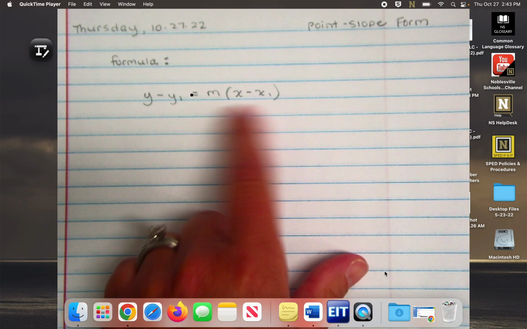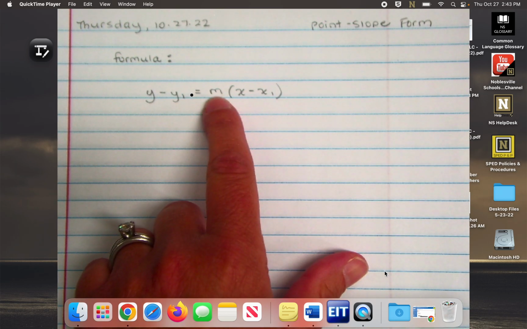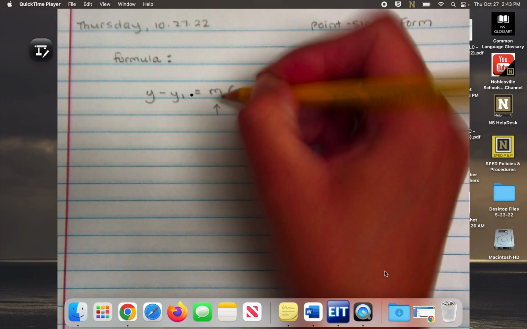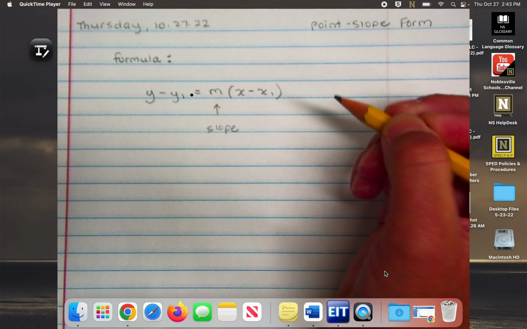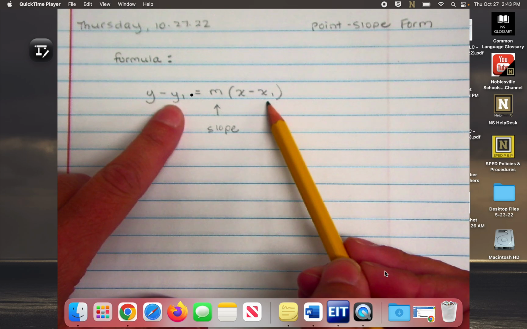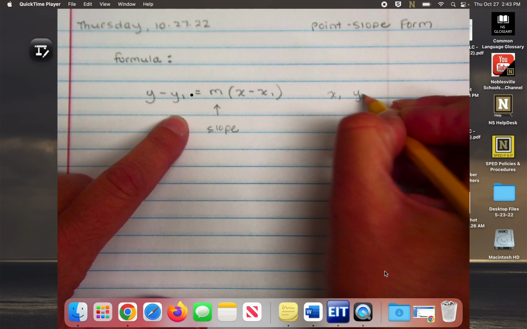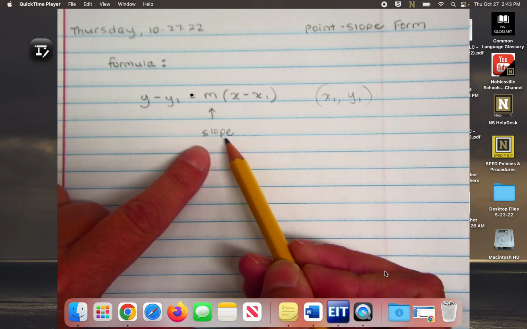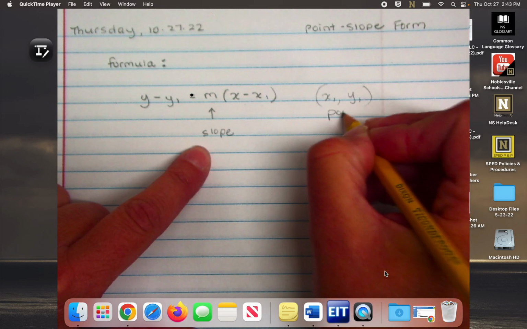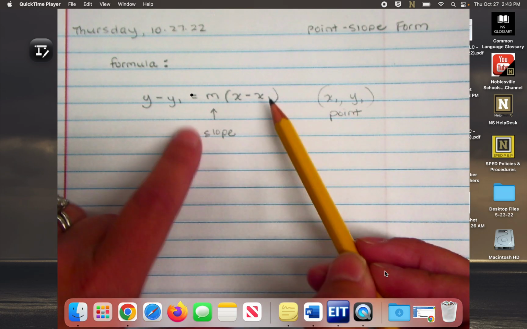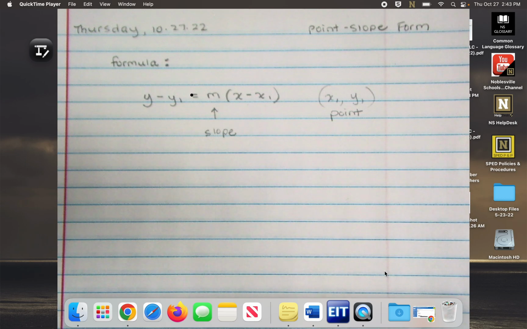Did I say y1 and x1? y minus y1 equals m times the quantity x minus x1. Okay? Now, the m is still our slope. Pay attention. And the x1 and y1 make an ordered pair, right? So (x1, y1). So we still have a slope and we have a point. That's why it's called point slope form. Because you have a point and you have a slope. You have an ordered pair and you have a slope, right? So you have those two things coming together to create